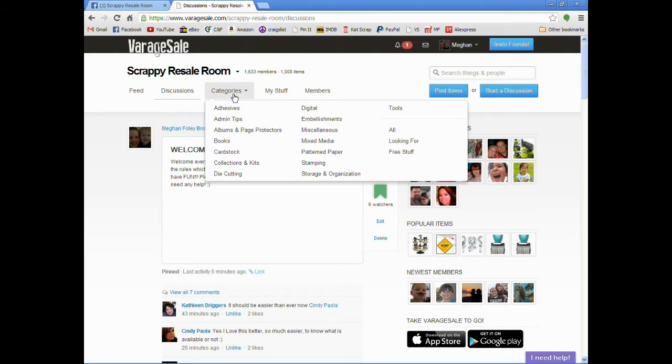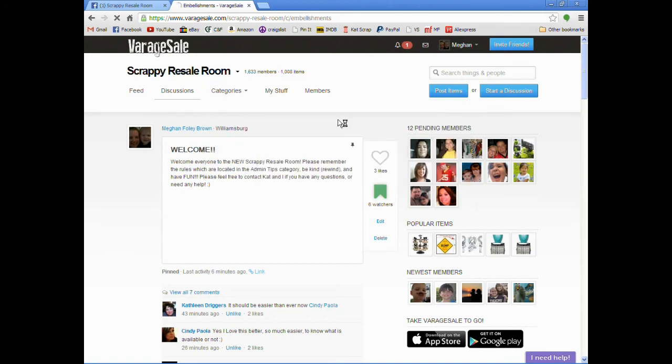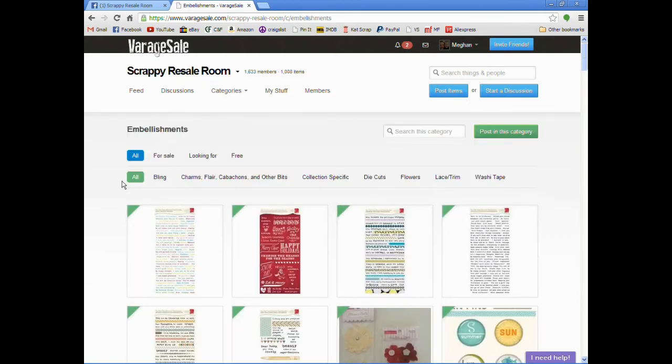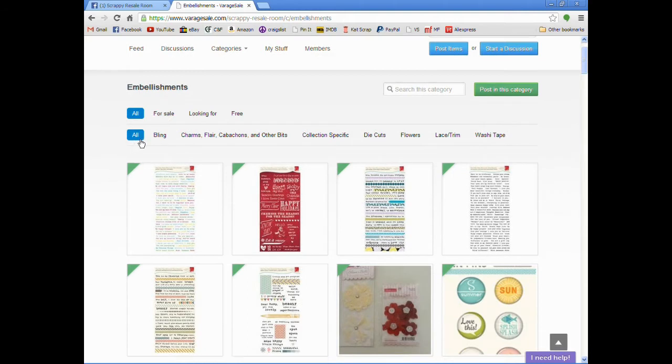Under here, if you click on it, it's got all of the different categories that we have here at the Scrappy Resale Room. However, there are some categories that have subcategories, and I'm going to show you one of those now. The embellishments, for example, has a subcategory, or many subcategories actually. These are all of the subcategories that are under embellishments, and that allows you to click on literally, let's click